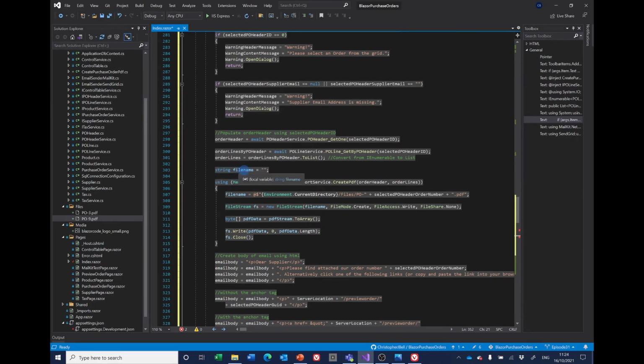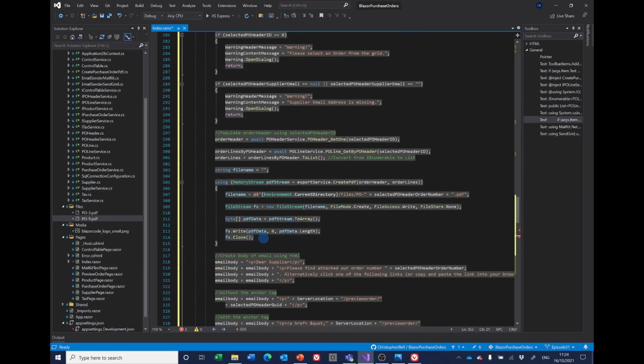We're defining a file name and setting it to 0. The reason that's put outside here is we'll be using it further down. So we're creating a file name which is files PO hyphen and then the selected purchase order number,